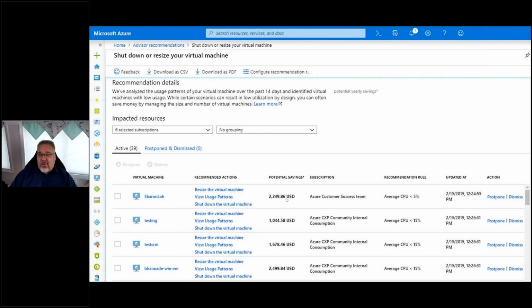I'm just looking at the first line. $2,200 is the potential saving of running this machine. It's not overly utilizing the CPU, so it's a good opportunity to resize the machine to be more effective. You want to make sure that your workloads are running at a good percentage of capacity. If it's 70, 80, 90%, obviously you don't want the workload to be above the machine's capacity, but that's the